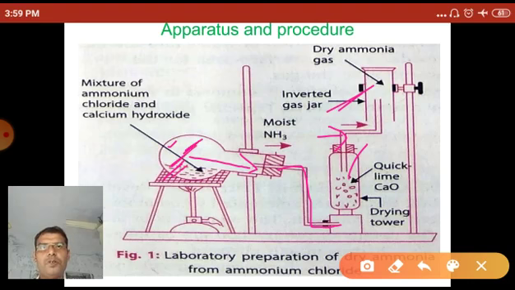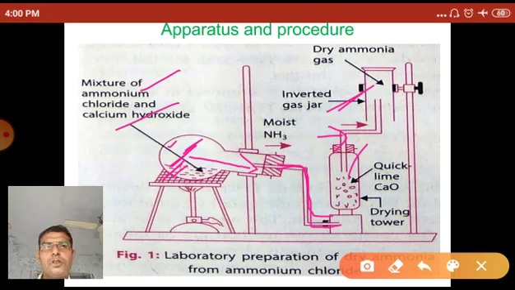After heating, the reaction starts between ammonium chloride and calcium hydroxide, and ammonia is formed, and then the ammonia passes through this delivery tube into the drying tower containing quicklime, and that quicklime absorbs the moisture present in the ammonia gas, which is released from the round bottom flask. So quicklime is a